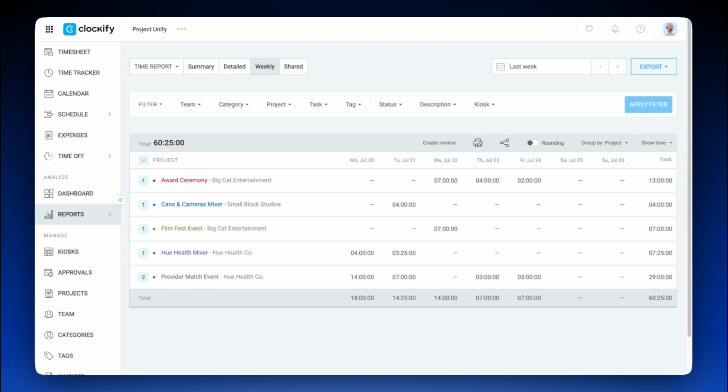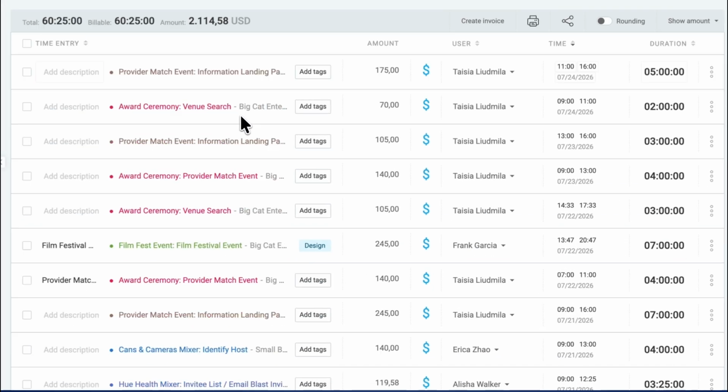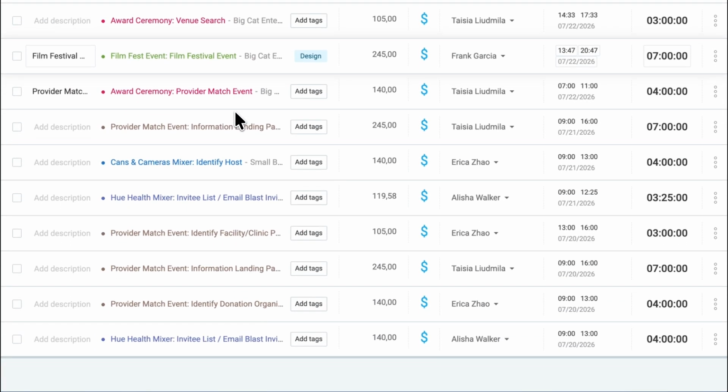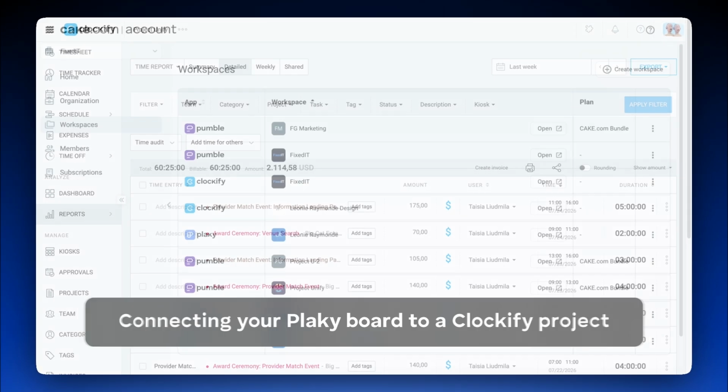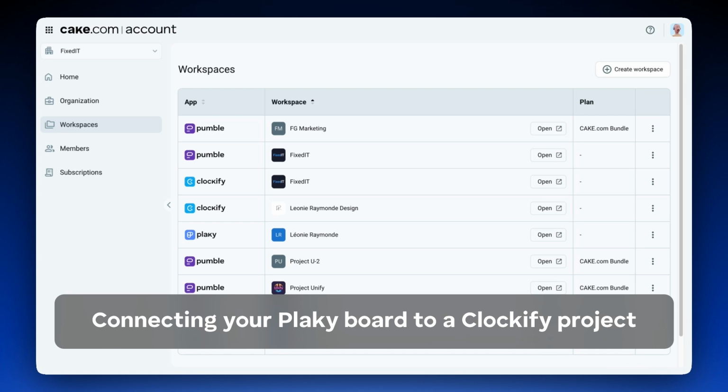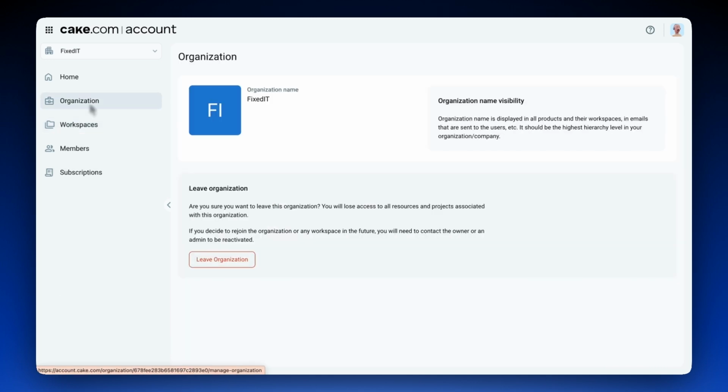Second, it makes workload management a breeze. Managers can see exactly who is working on what in real time, helping to balance tasks fairly so no one gets burnt out. Before we get started, it's important to note that you must have both Plaky and Clockify accounts